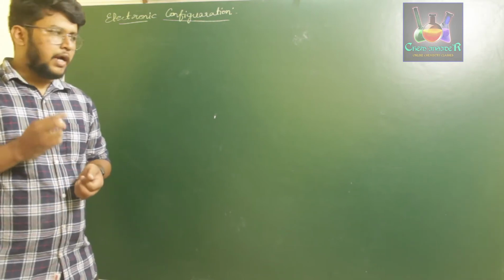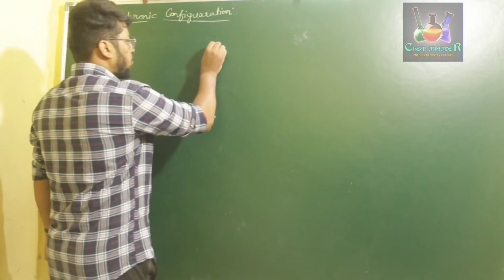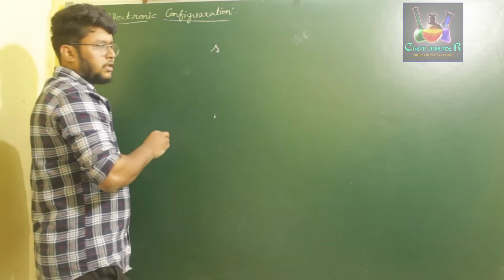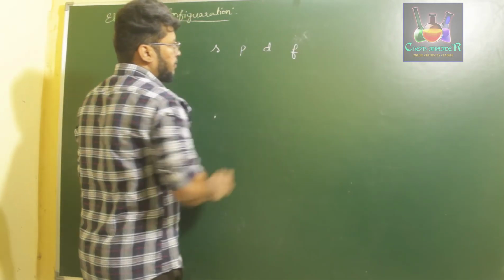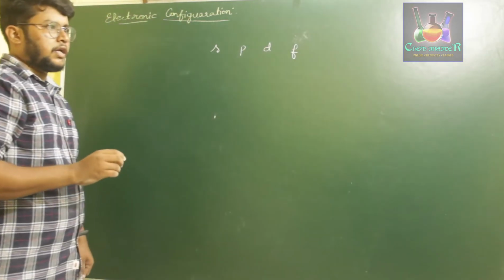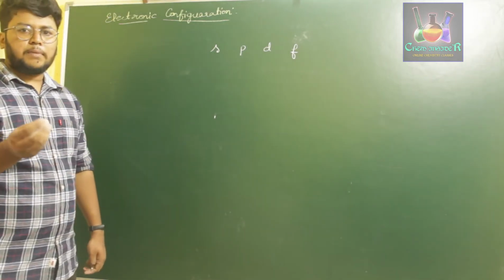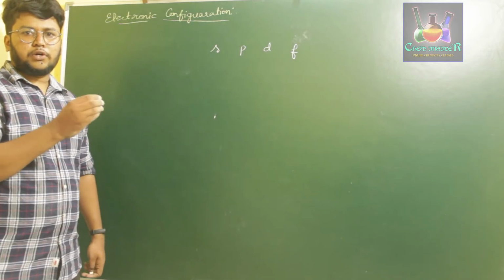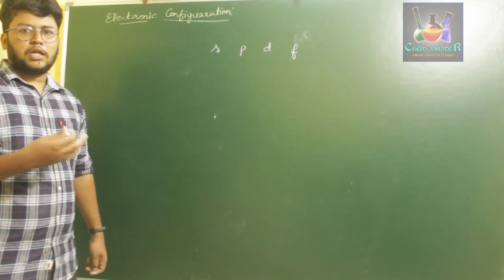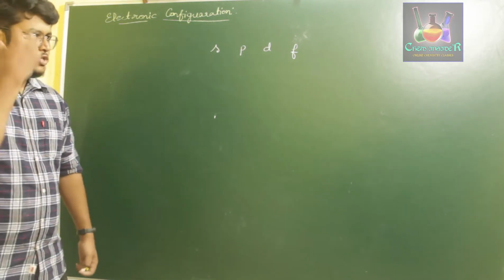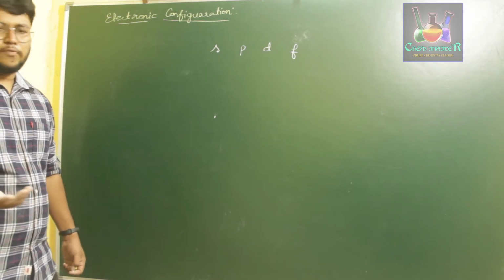An electronic configuration of a given atom can be represented in two types. One is, we can write the respective subshells where the electron enters, which is s, p, d, f. Whenever you consider an atom, we start with hydrogen and we say that we are adding electrons to the given hydrogen atom in order to increase its atomic number. Once the atomic number increases, the name of the atom changes. So hydrogen, on adding one electron to it, will give helium, and so on.